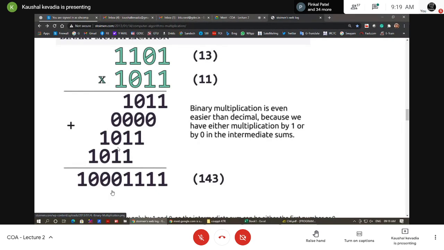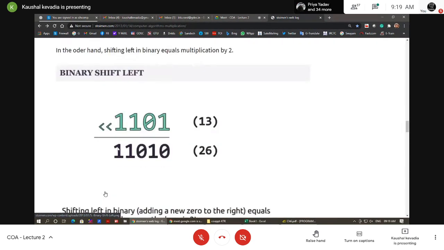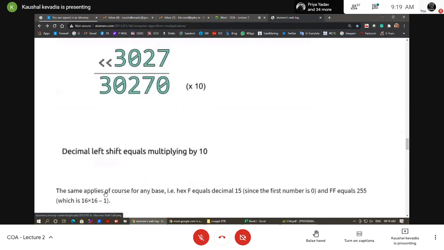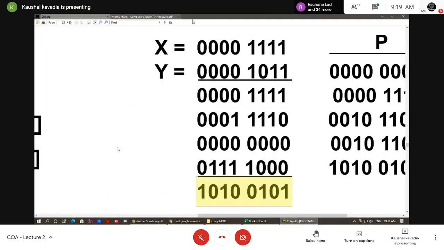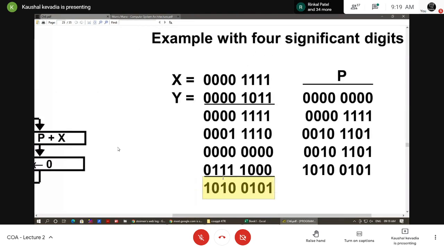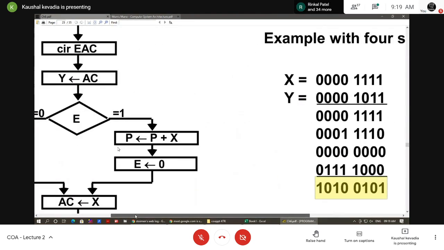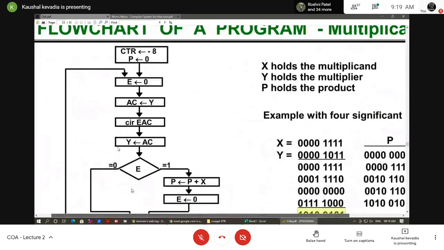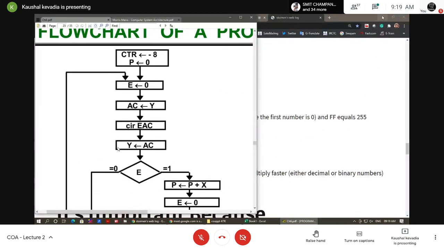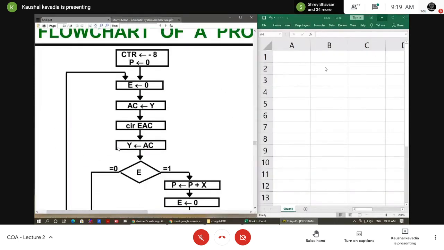Okay, now if you want to do the calculation, or check how this happened, or how we can prepare a program for this kind of feature, first of all we have to study the algorithm. So this is the algorithm for the multiplication of two numbers. Let us execute it and see how this algorithm works.